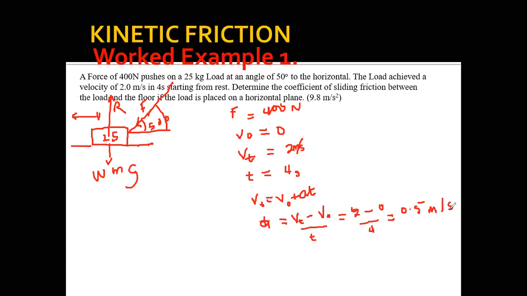That is 1 over 2, so 0.5. And once again, as you're aware, after